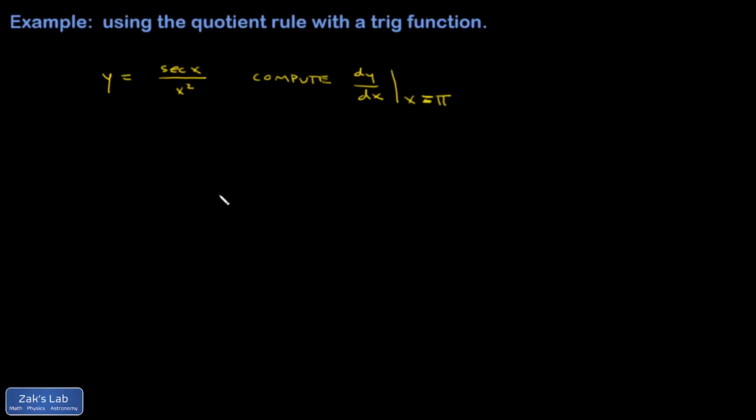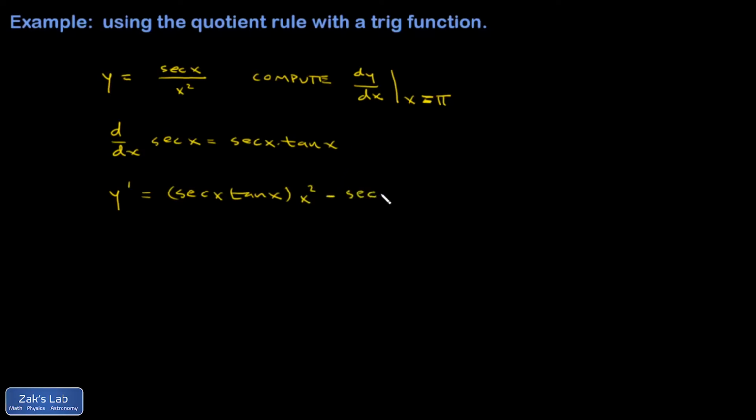On this one, we're using the quotient rule together with the formula for the derivative of a secant function. So if you recall, the derivative of the secant function turned out to be secant multiplied by tangent, so secant x tangent x. So if I get y prime, it's a quotient of two functions. I differentiate the top function, and I get secant x tangent x. I leave the bottom function alone, so multiply by x squared,